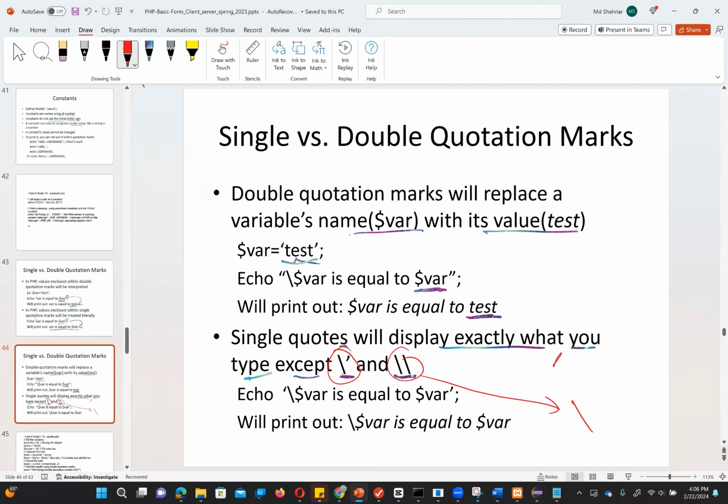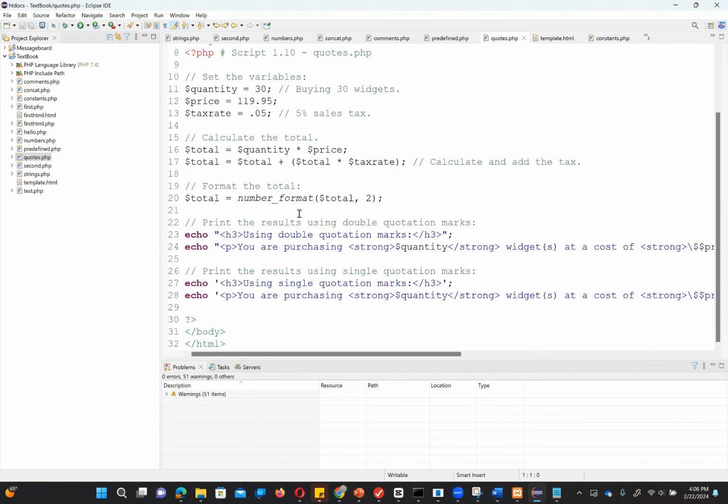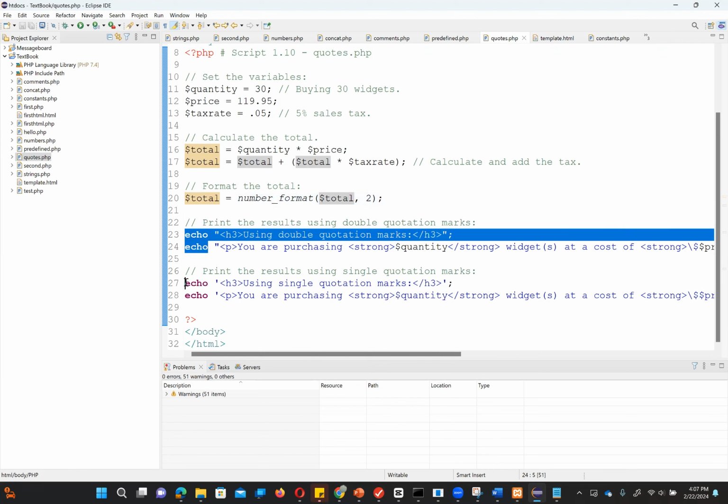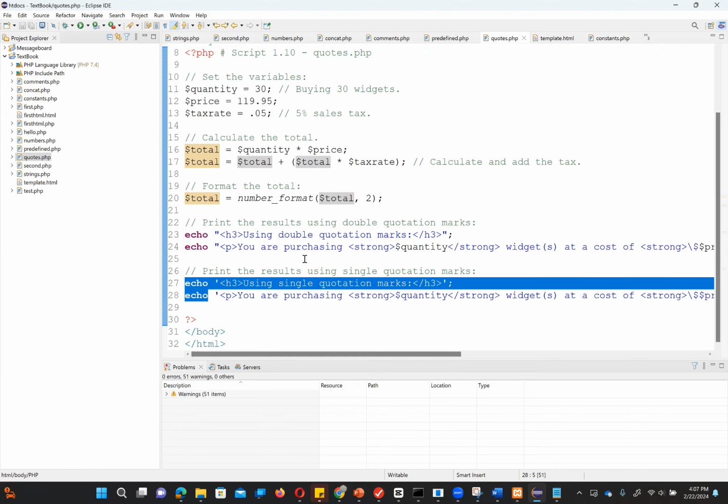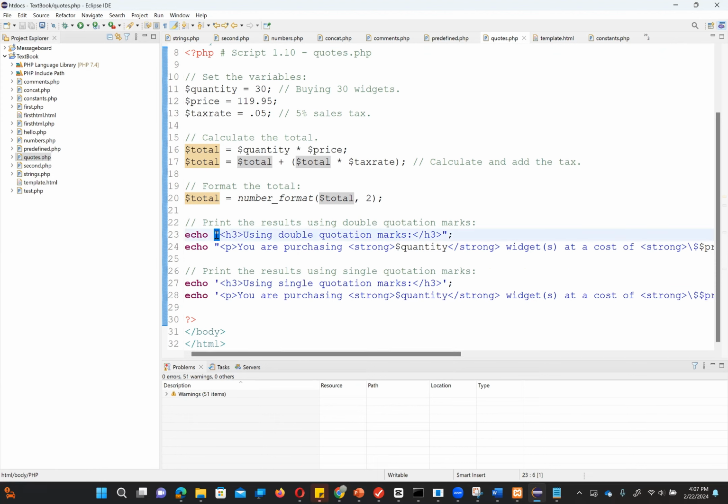So single quote is going to print everything literally except these two. For this one, this means I'm going to print this. And this one, it means I'm going to print this. So you see here we have three variables: quantity, price, and tax. We calculated the total, right? And then we did this printing just twice, and the same thing also twice again. The only difference is on the first two we use double quotes, and on the second two we use single quotes,